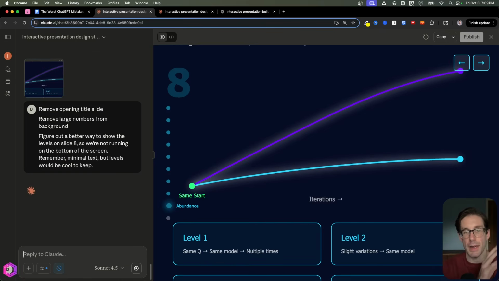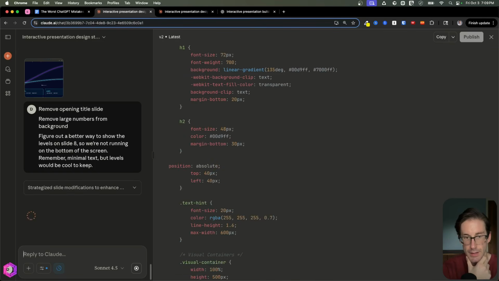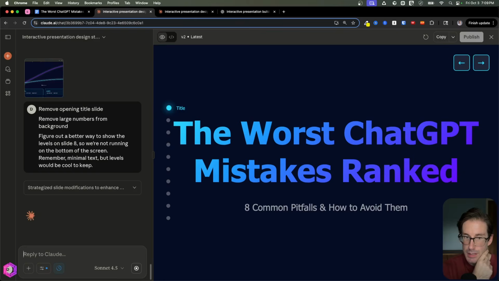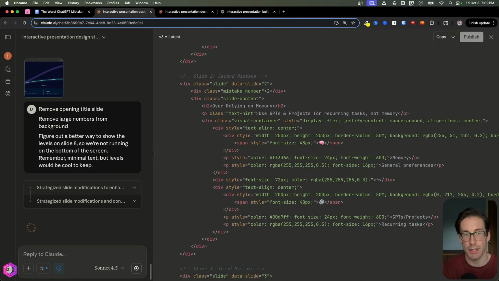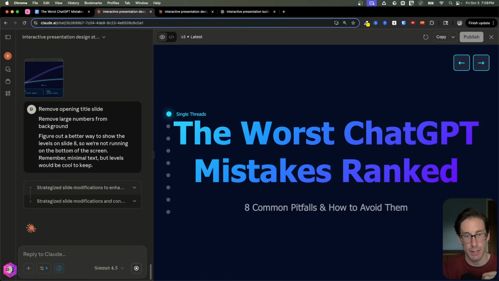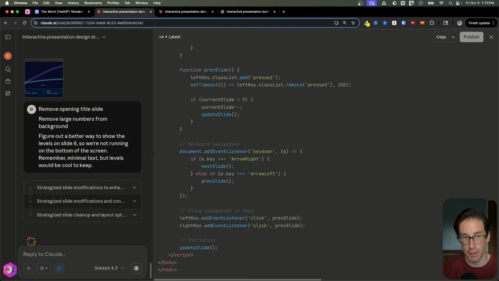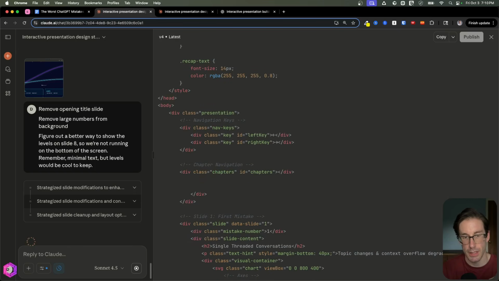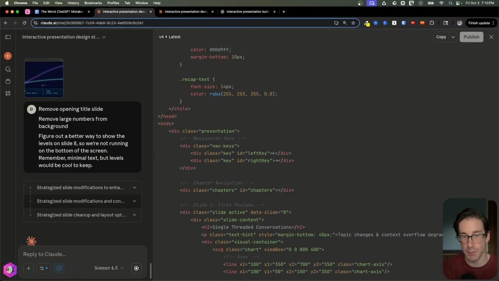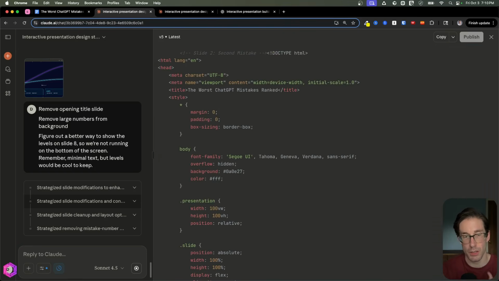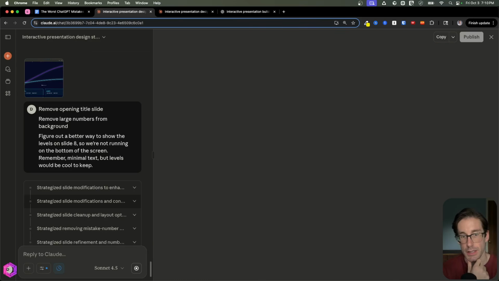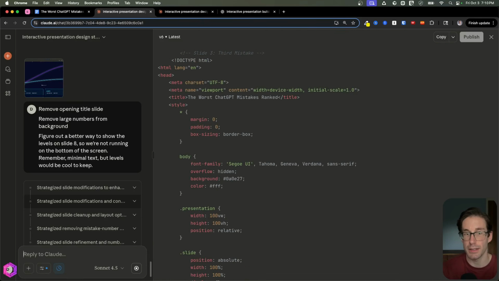And I don't want to have too many edits happen here. The reason is that oftentimes with the canvas feature, when the code is edited, it is edited in place, but the context window fills up pretty quickly within this conversation, and the AI degrades in its ability to make edits effectively. So I'm only going to make a few edits inside of Claude or any of the other tools. And I'm going to move it outside of this onto my desktop, and start making edits with another tool such as Claude Code, Codex, or Cursor to continue the edits of incorporating the other slides into